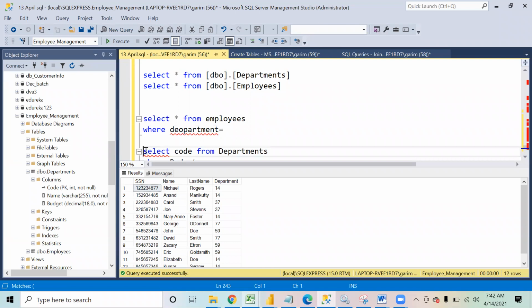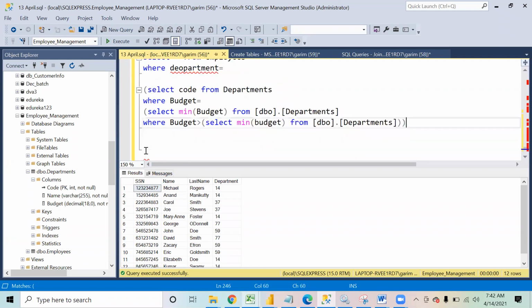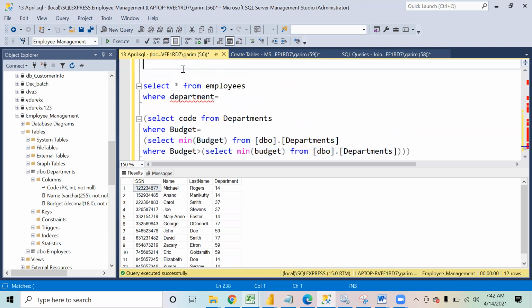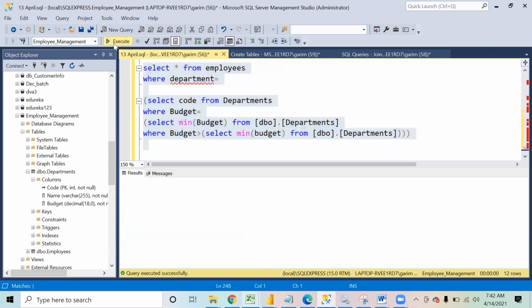It's a little bit of a lengthy approach, but this is how I will be able to get it. So these are 2 employees from the second highest department, right?